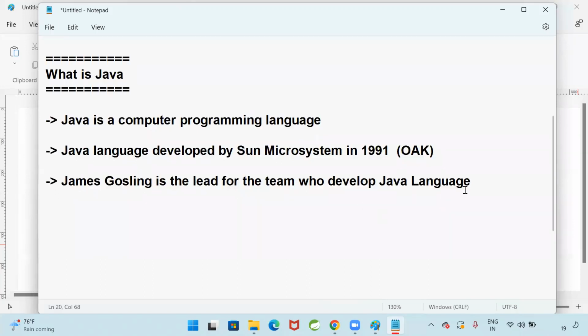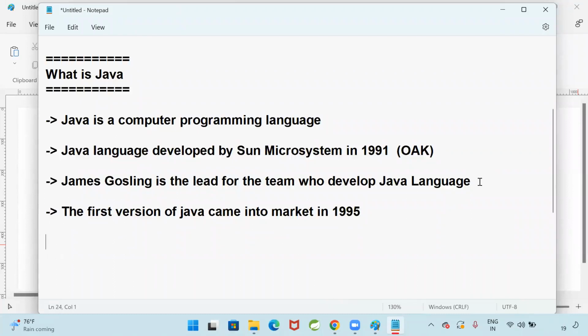The first version of Java came into the market in the year 1995. Now, after that, in 2010 or in 2011,